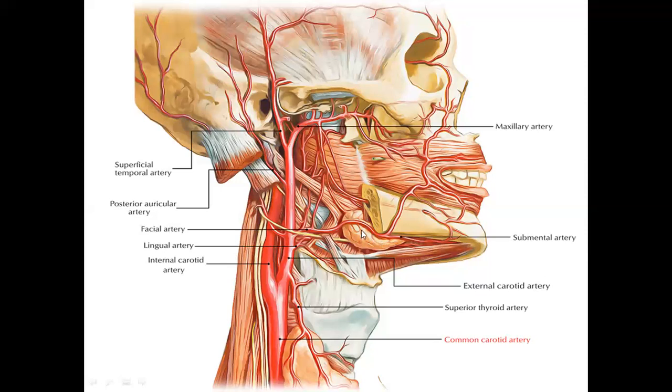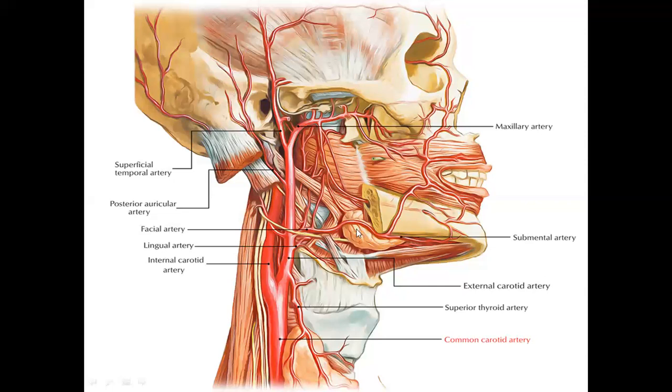So these glandular branches, after giving the glandular branches to the submandibular gland, to the submandibular lymph nodes, or to the skin and fascia over the submandibular region, it gives another important branch. This is the submental artery. So these are the four